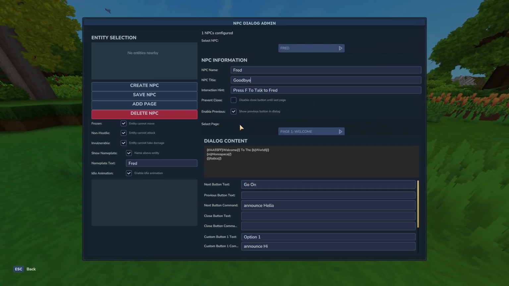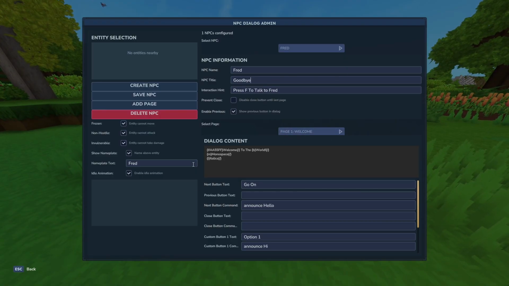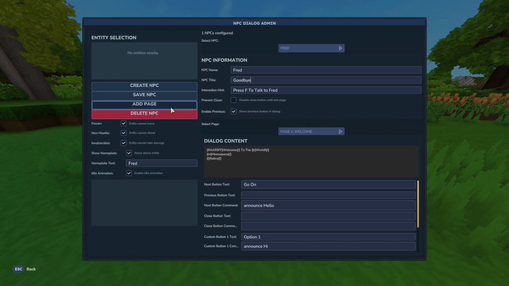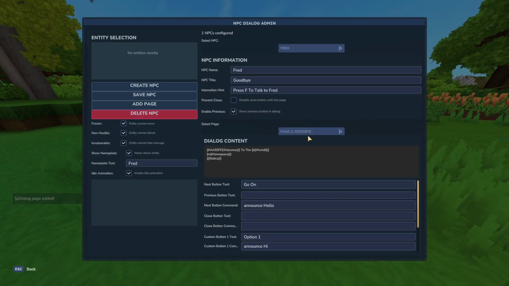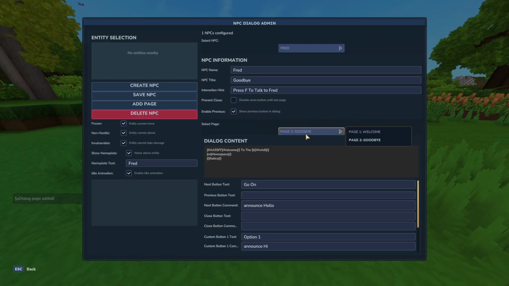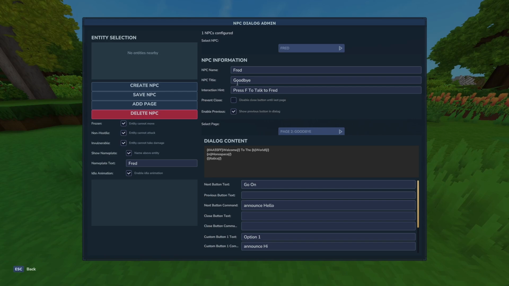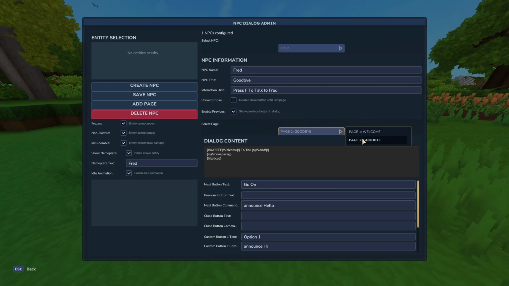But if I do goodbye, and then I hit save NPC, this is going to change. But also, I don't want to do that just yet because I don't want to change my first welcome page. What I want to do is add a page, and you're going to see page added. It added the second page goodbye, and it also changed the title to goodbye, but it didn't save the page